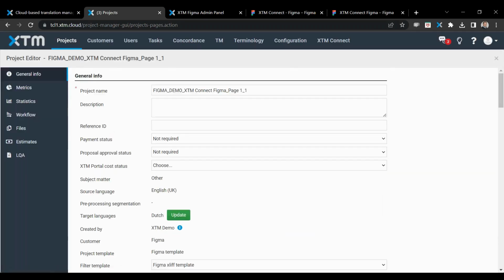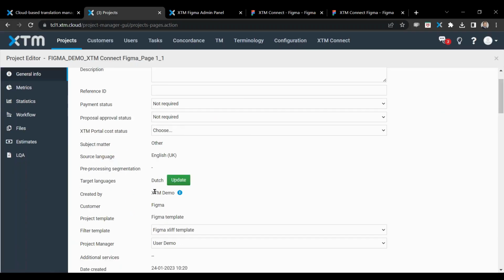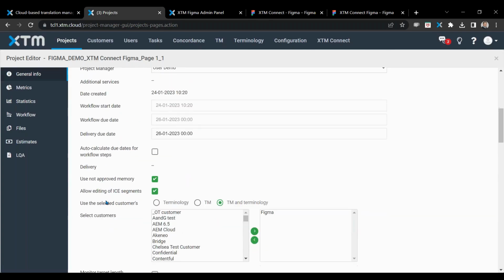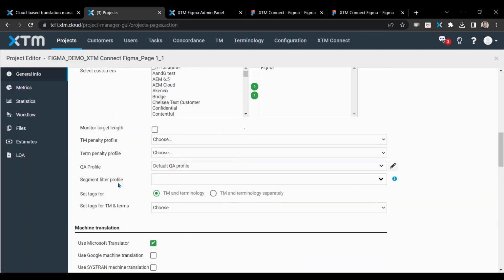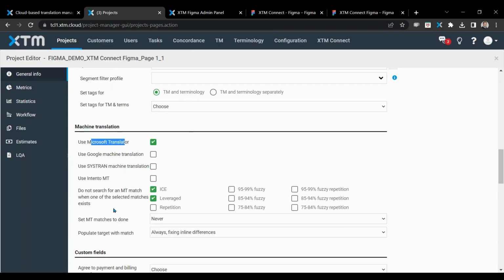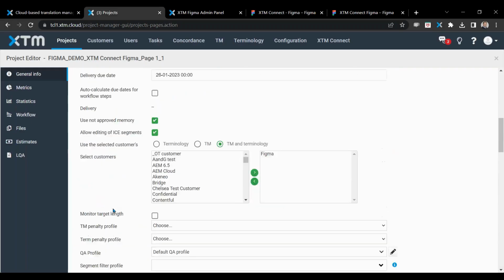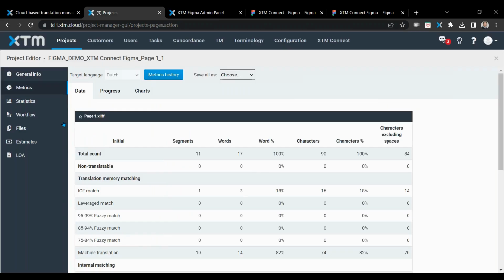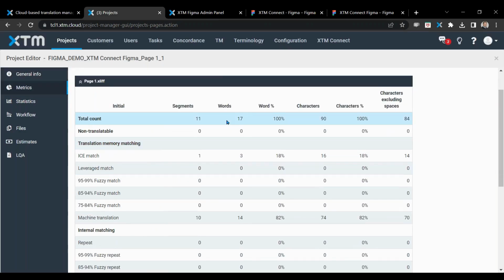You will see within here that it created it for me. It was created by, we've got the name. We can see the target languages. We could also see the TMs if I was using, which I am, machine translation. So our project template, of course, is our workflow, if we're using machine translation, anything like that. I can view the metrics. On this one here, I can see there's 11 segments or 17 words,